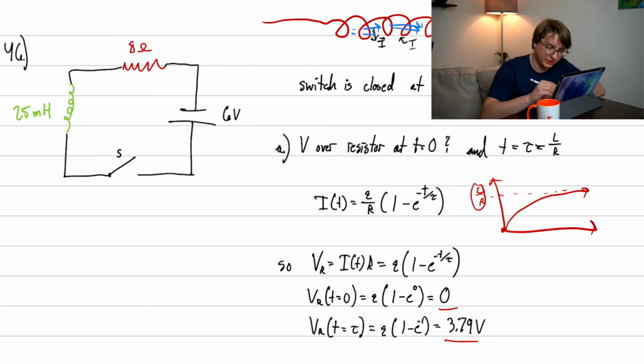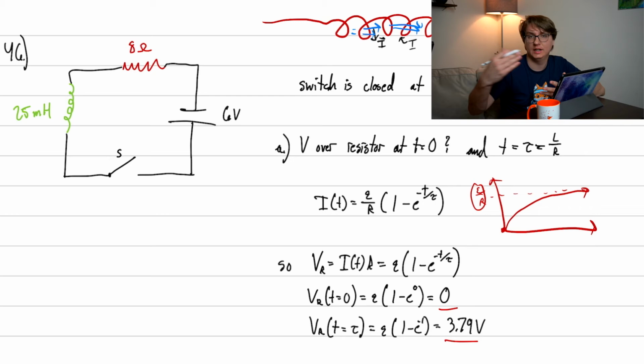Okay, but then we can put in tau. So again, this is just a time constant. For capacitors, it was R times the capacitance. Well, it turns out for inductors, it's L over R. Something you could derive, but maybe we don't care so much at this point. Okay, only difference is we get 1 minus e to the negative 1. So the taus cancel here. We just get the negative 1. And then at this tau time here, we get that the voltage over the resistor is